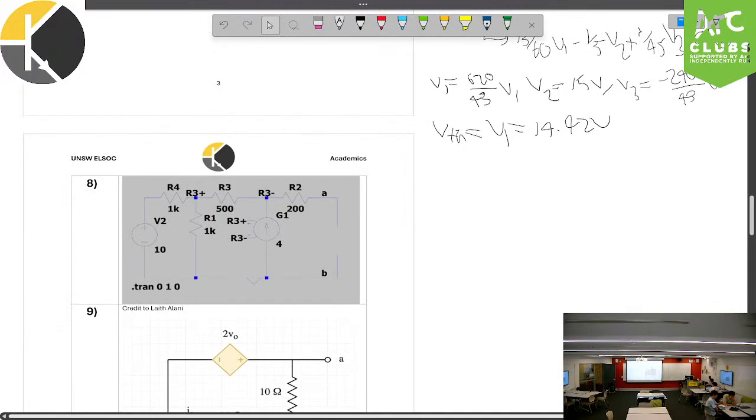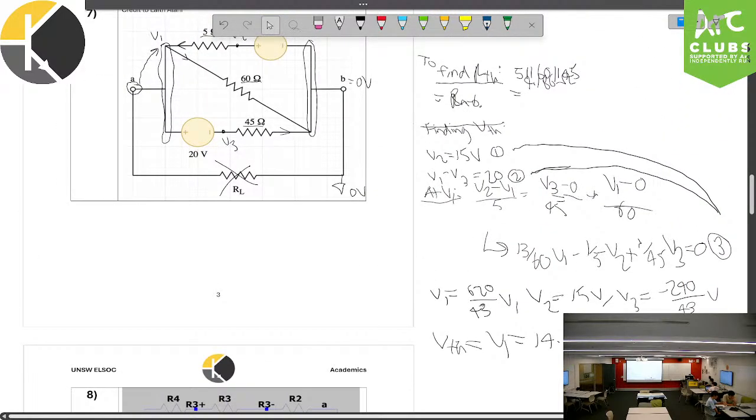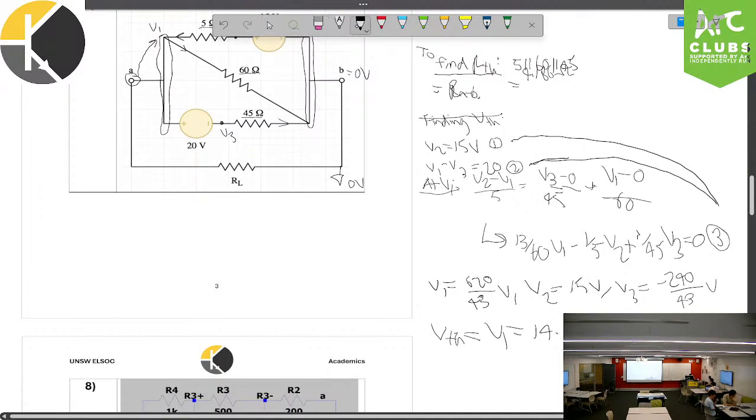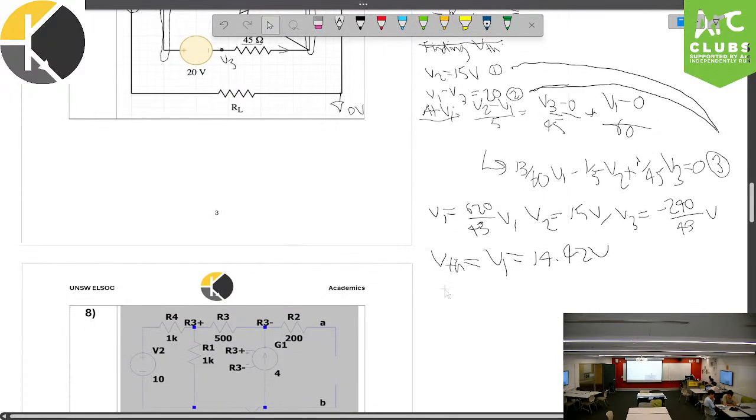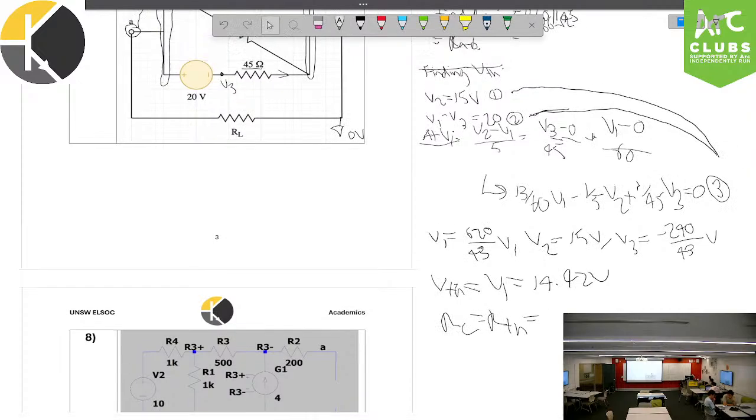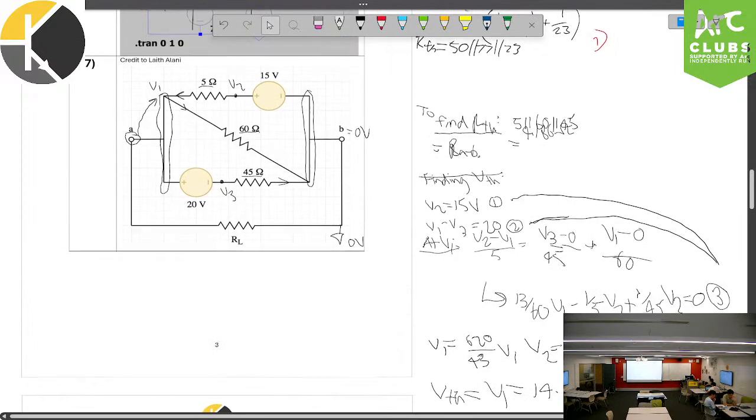Now, the next part of the question is that we need to find the max power. This is actually very easy. For the purposes of your midterm, you're better off memorizing these formulas, but you should also understand how to derive them. So in order to find the max power, if we accept that this load resistor actually exists in the circuit, we can find that in order to maximize the power absorbed by that resistor, RL should equal RTH. So RL should equal RTH, which is equal to what we found earlier, which was 4.186